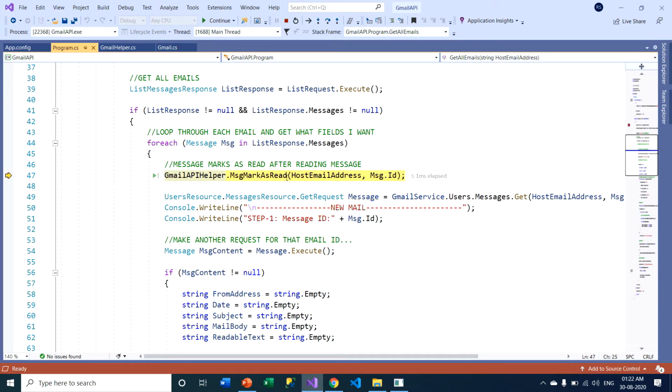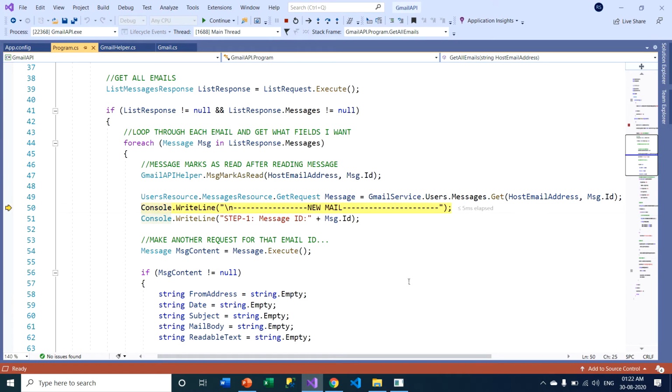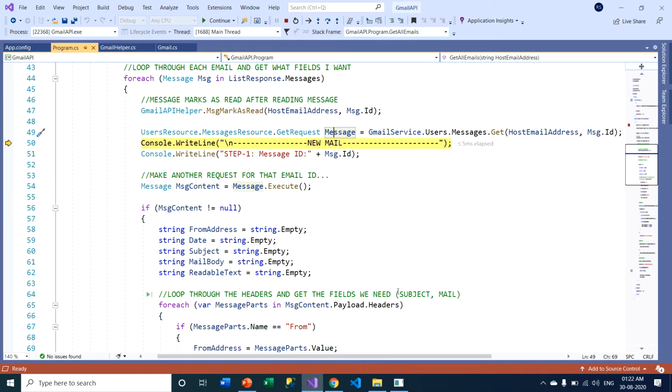Okay, just pressing F10. After that you can see this is the list of messages. Now I am retrieving the subject section, now the body section, reading each and every content of this particular message, that means a particular email. Step 1, this is the message ID, and it will print it in the console window.